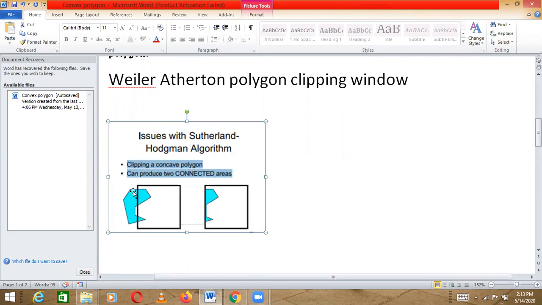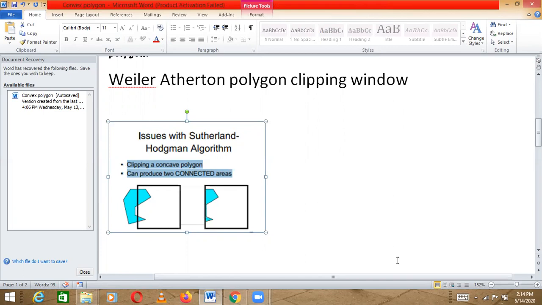Suppose that this is the polygon and we have this clipping window here. The output we will be getting is two polygons, first this polygon and next this polygon. But the problem here is that between the two polygons we have this connecting line. This connecting line is not actually needed.